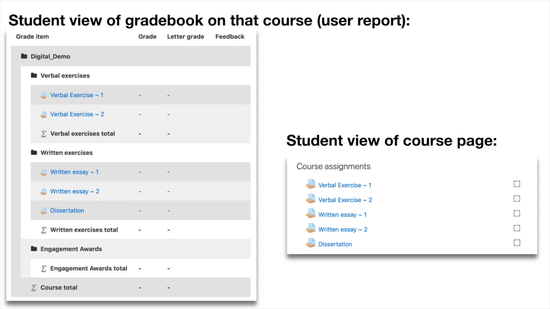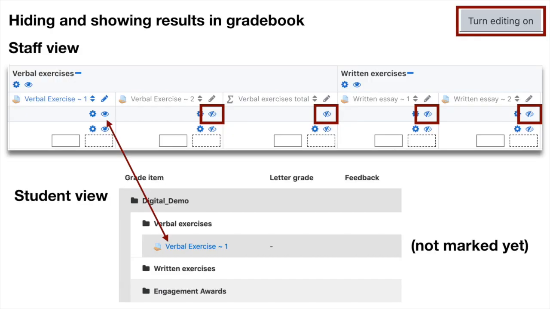On the course page, the students can see, because we haven't hidden any of them yet, an assignment link for each of the verbal exercises and written essays. So let's control the results, control what the students can see and can't see. And let's first do this the manual way. In Gradebook, this is going back to the Gradebook,